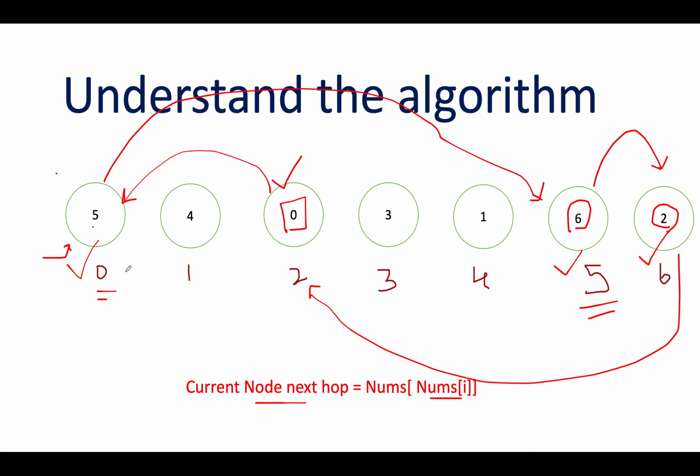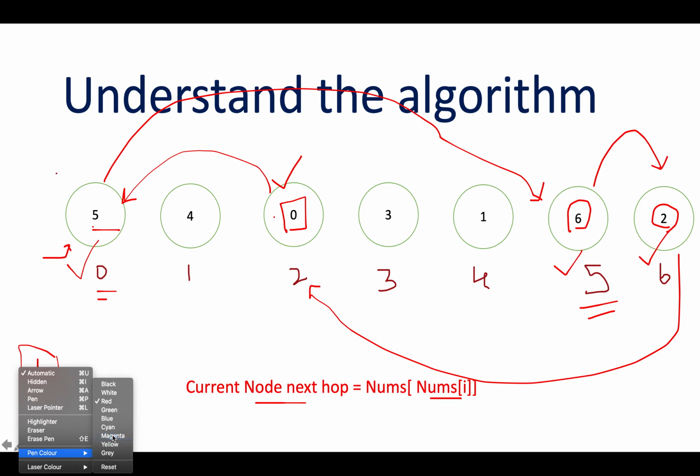And here you will see that you are forming a chain. There is a cycle that has been formed because the next node in the queue was already visited. What does that mean? That means we need to break this loop now, and we need to search for more groups in the input array if they exist. What is the length of this particular group? The length of this particular group is equal to the number of elements witnessed in the complete cycle: 1, 2, 3 and 4. So we will store the answer as 4. Doesn't this remind you of a basic DFS approach that we usually do? Yes, it does. And let me just change the color of the pen for the second iteration.